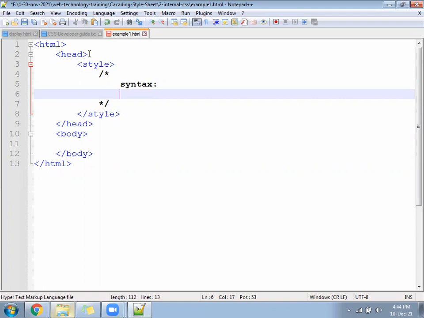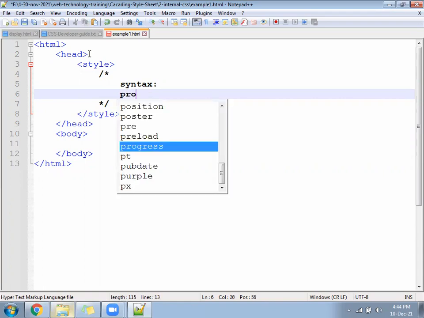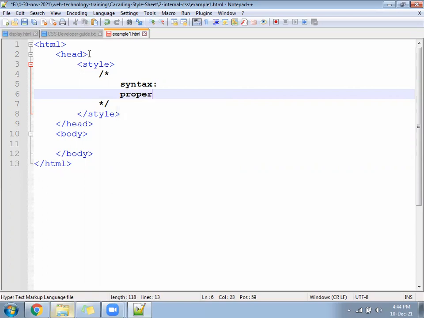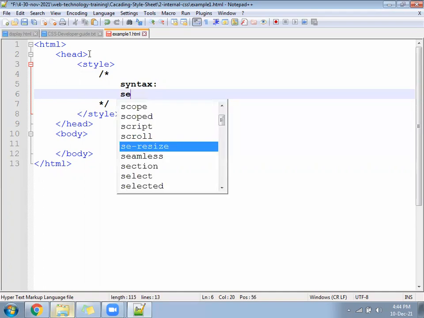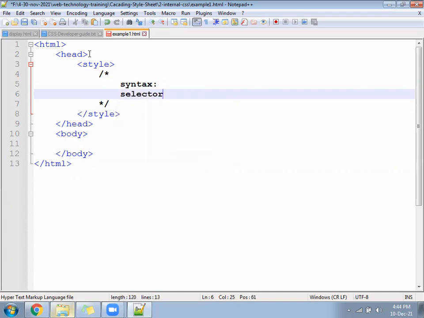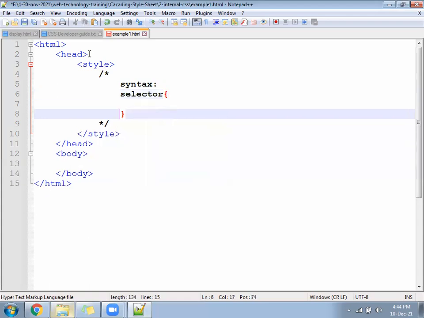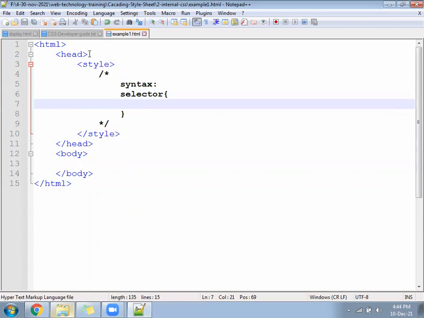You will write there the selector first. Selector, and then flower bracket open and close.